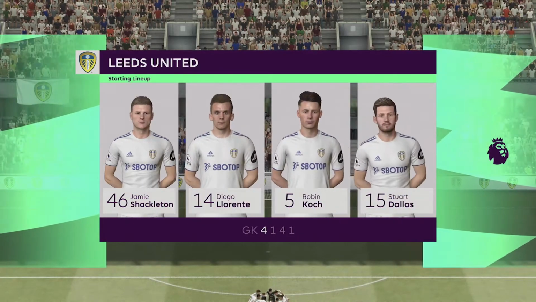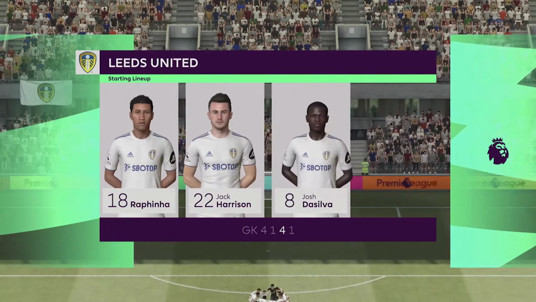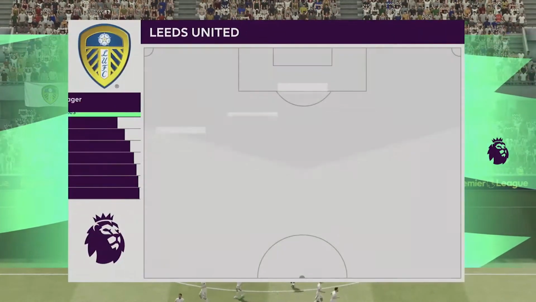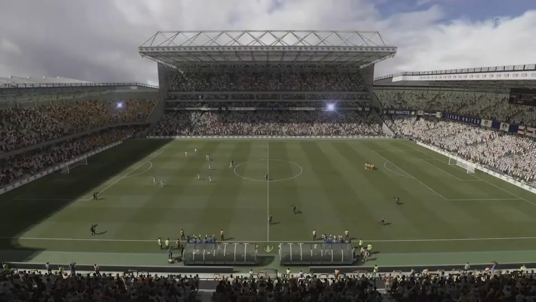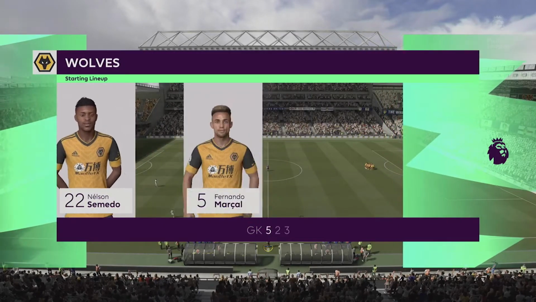The defence stays the same. We've got Phillips in the CDM role, Rafinha, Harrison, De Silva, Costa. If it ain't broke, you don't change it. And we've got Rodrigo up front. Same starting 11. And we have a new left wing youth player on the bench